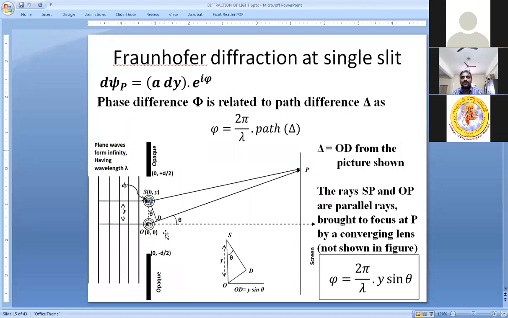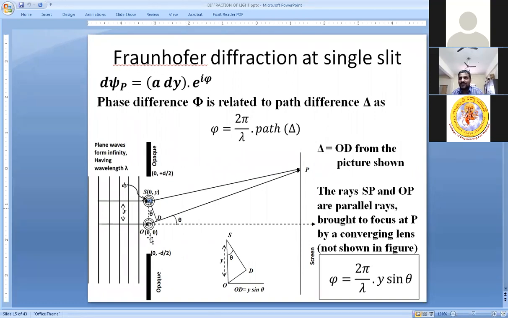And remember, in Fraunhofer diffraction, the distance of the screen, that is the distance of point P, is usually at infinity, because we are going to deal with plane waves, right? So the distance between this opaque screen and point P is usually very large, and for clarity, we have drawn this much as the opening of the slit, but it is in general not visible, it is very thin, right? So in the picture, it may mislead you that this is very big, but actually it is of the order of micron. This is micron and this distance is several meters.